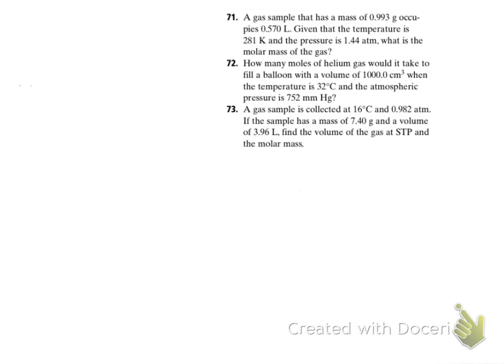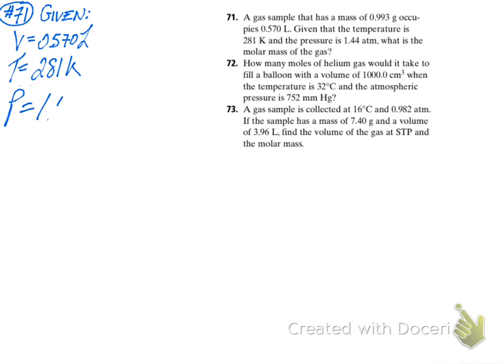Then we've got the law of combining volumes, which brings in this concept of the molar mass. We understand that the coefficients of a balanced chemical equation tell us mole ratios as well, and in this case, liter ratios. So it's a new piece of information. And the final equation we know for this chapter is the ideal gas law, PV equals nRT. Because this problem asks us to solve for the molar mass of the gas, of those six or seven overall equations, the only one that involves a number of moles variable is the ideal gas law. So obviously we're going to use that, but I want you to get into the habit of